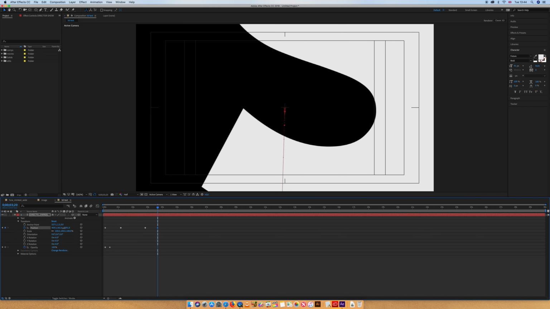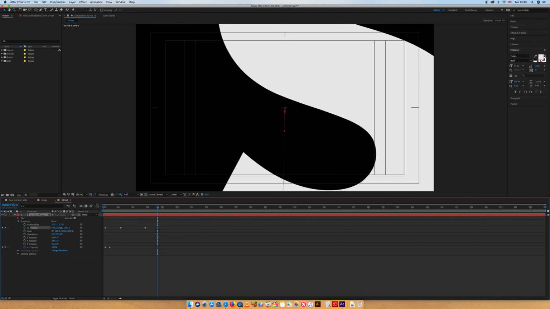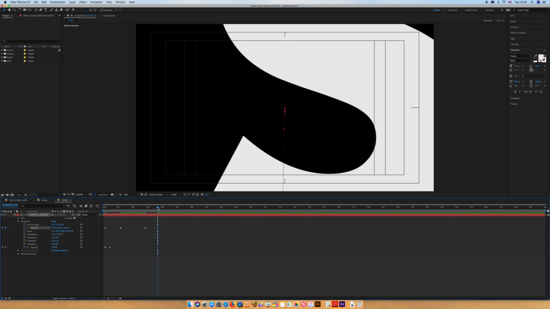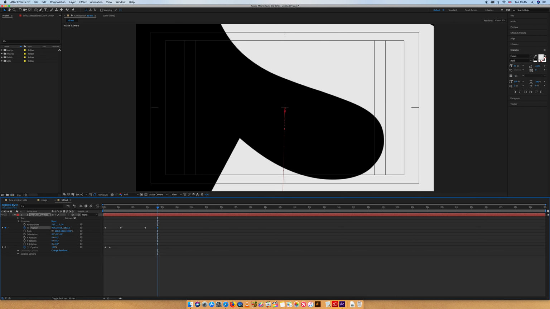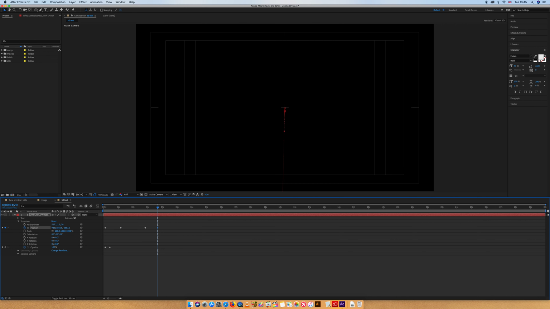And if you wanted it to move slightly down, you can do that with your Y value here. So you can control how it moves off. And then I'm going back to my position, and I'm going to just move it off. So if I play that,